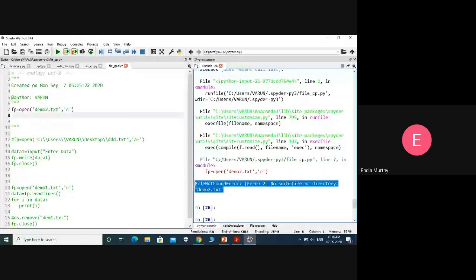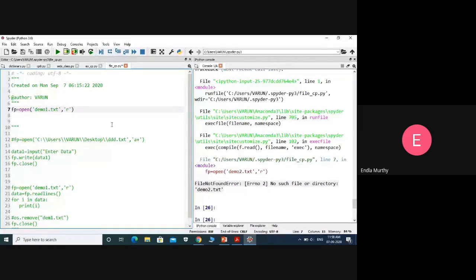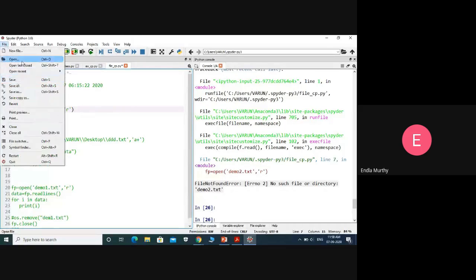As I am opening in read mode, we can't create the file; if it already exists, then it can read. Now let me check whether I have the file demo1.